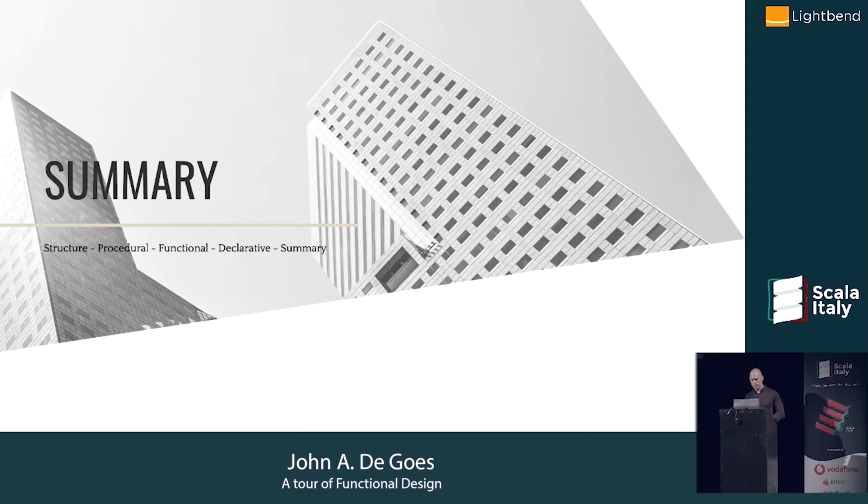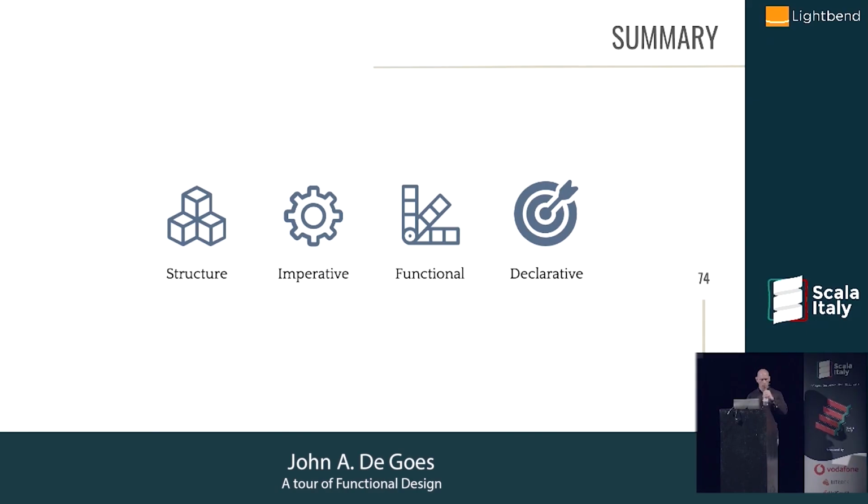All right, so what have we learned? Well, I hope we've seen that structure is everywhere. It's in this room with people sitting down in the auditorium, and it's also in your business logic, even though it's not always obvious. And functional design is about finding good structure that is very descriptive, so teeming with possibilities, but also very, very compact. Both of those are important. The fact that it has enormous predictive power is important because it allows us to solve a wide class of problems that we run into.